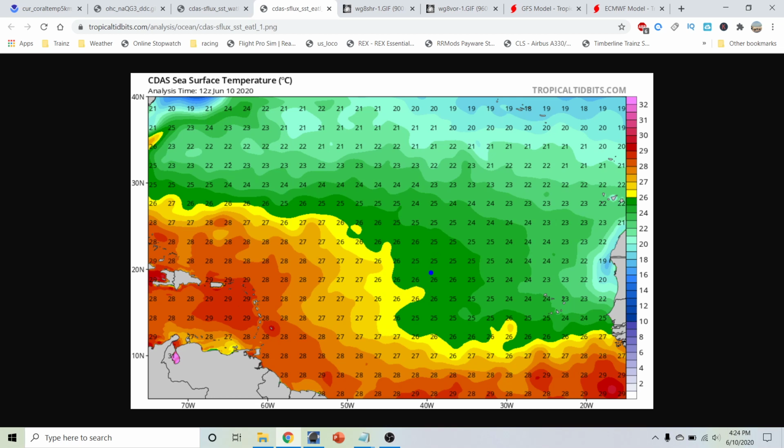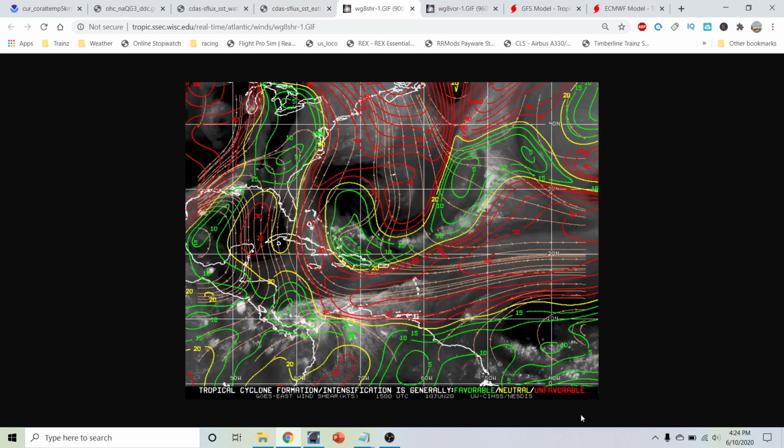So certainly we're really going to have to pay attention to this area come August and September. I do believe so. Now, if we take a look here at the wind shear, this is coming from the University of Wisconsin-Madison website about 3 hours ago, 15 Zulu time. Again, most of the Caribbean and main development region is still shut down because there is a lot of shear